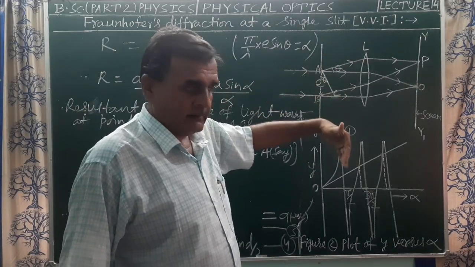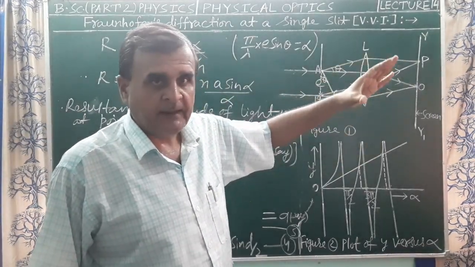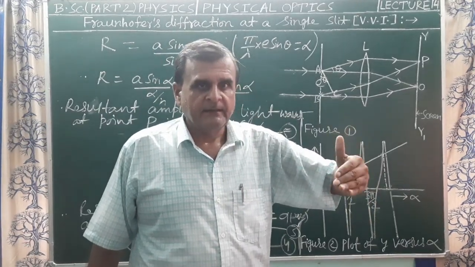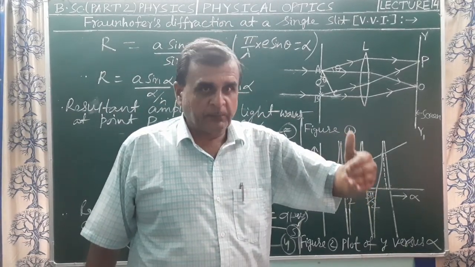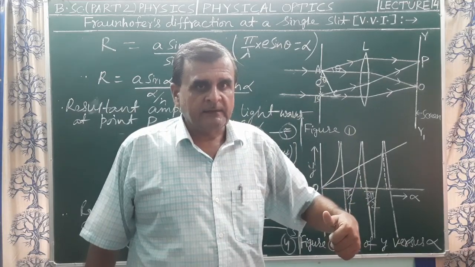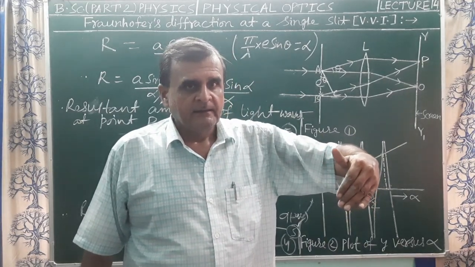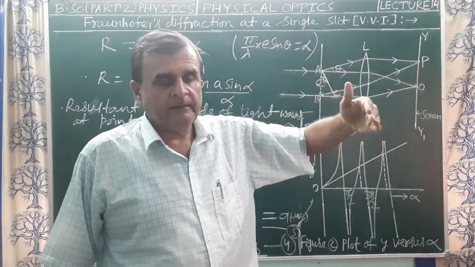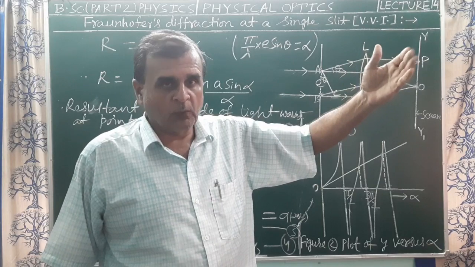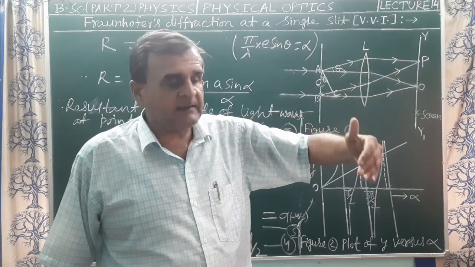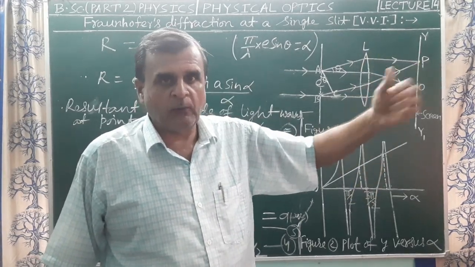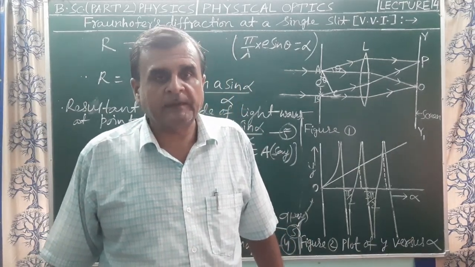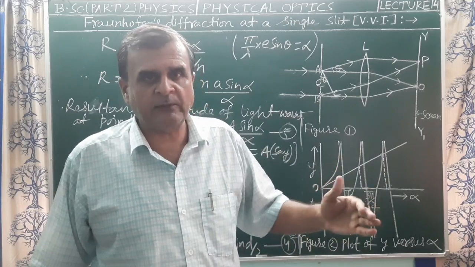और उसके अराउंड, मतलब सेंट्रल मैक्सिमा के ऊपर एंड नीचे, सेंट्रल मैक्सिमा के दोनों साइड्स में अल्टरनेट डार्क एंड ब्राइट फ्रिंजेज ऑब्टेन होंगे। सेंट्रल मैक्सिमा के पोजीशन से डिस्टेंस बढ़ने पर दोनों साइड में जो अल्टरनेट मिनिमा एंड मैक्सिमा ऑब्टेन होंगे, जिन्हें सब्सिडियरी मिनिमा और सेकेंडरी मैक्सिमा कहा जाता है।